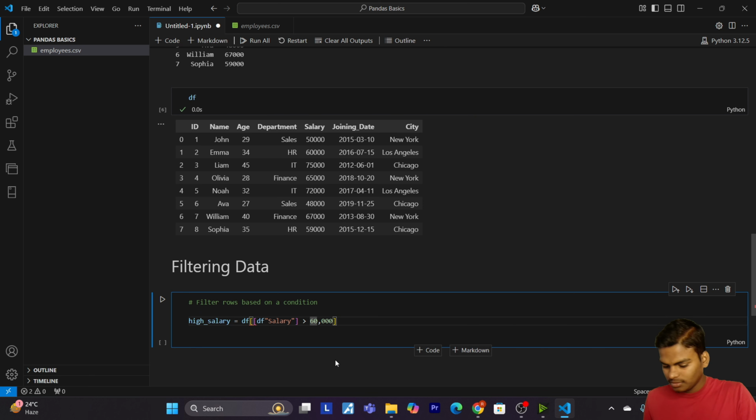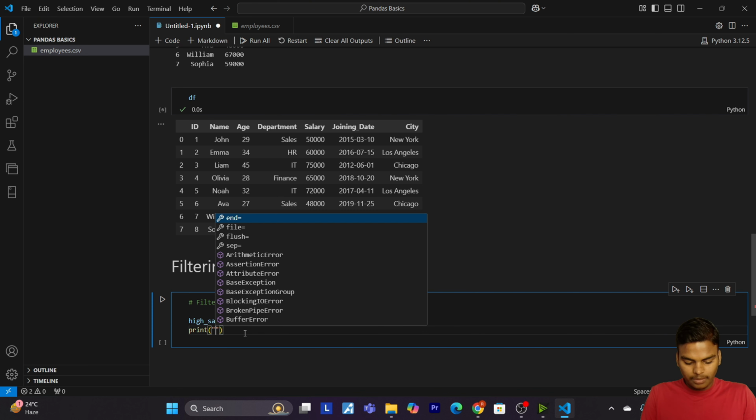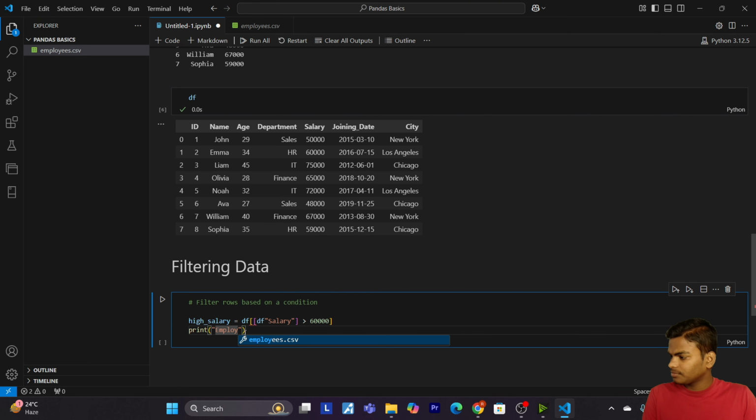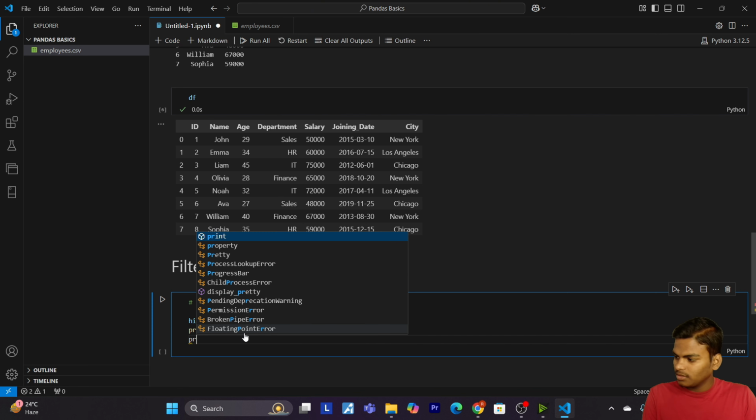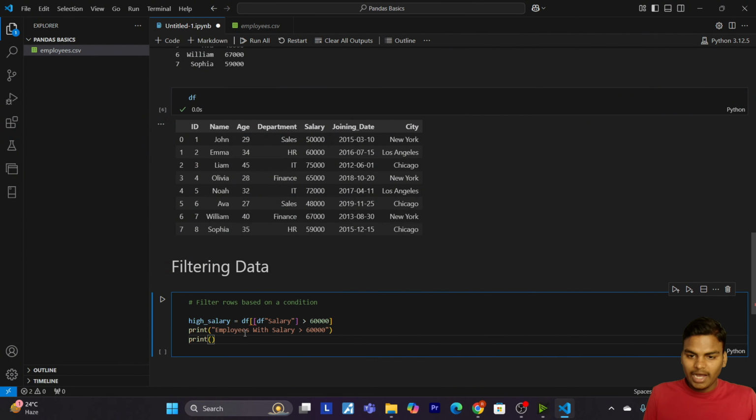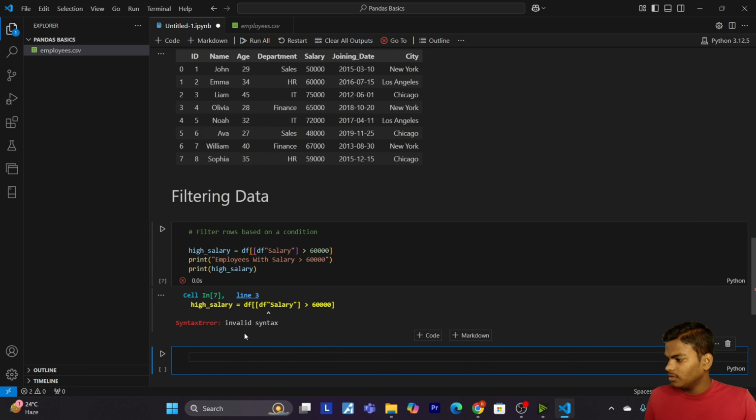So let me correct this. Then print employees with salary greater than 60,000. Now let's print our high salary: print high_salary. So let's run the code.